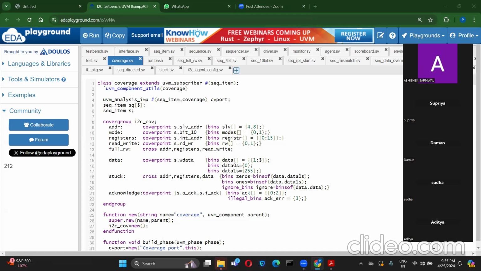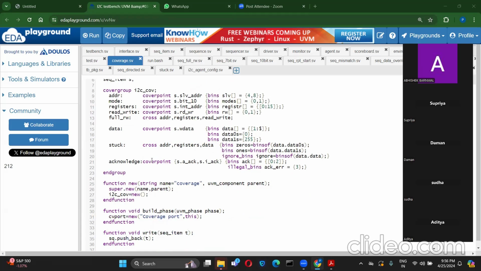For example, for a driver, the driver will be extended from UVM driver. A monitor will be extended from UVM monitor. Whichever component you are using, the specified base classes are already available. So for the coverage class, you are extending it from the UVM subscriber, and you are passing the sequence item. Here we need to pass the exact transaction we are doing. This analysis code and all these are different concepts which I cannot cover in this workshop. If you know that, it's well and good. If you don't know it, just ignore it for now, and once you get a chance to learn UVM, then you can get through those concepts.